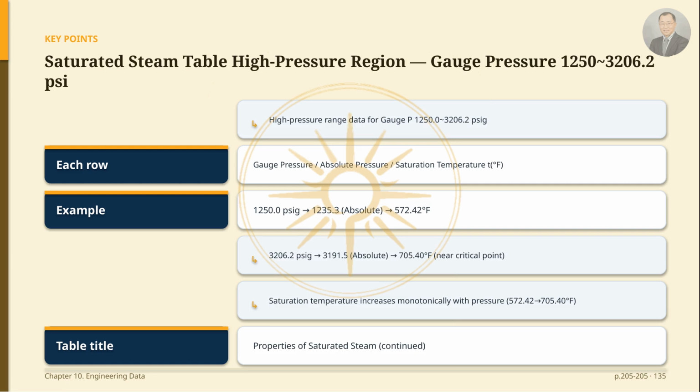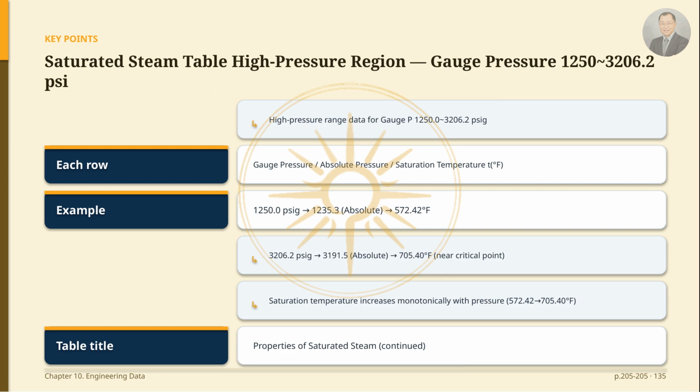This segment covers the high-pressure region of the saturated steam table, with data from 1,250 psig to 3,206.2 psig. Each row lists gauge pressure, absolute pressure, and the corresponding saturation temperature. For example, 1,250 psig corresponds to an absolute pressure of 1,264.7 and a saturation temperature of 572.5 degrees Fahrenheit. The final row of the table,